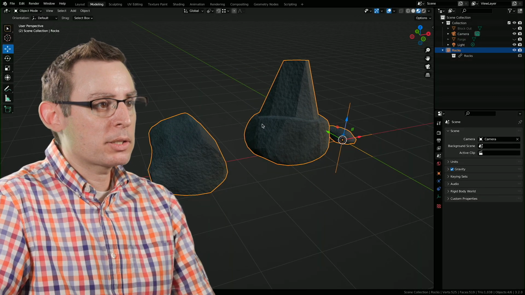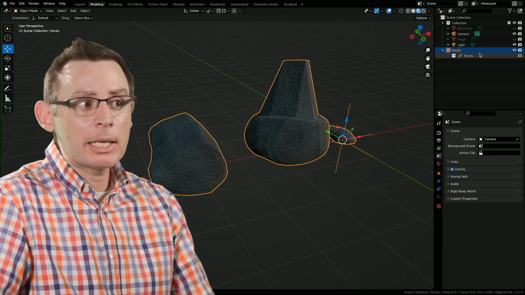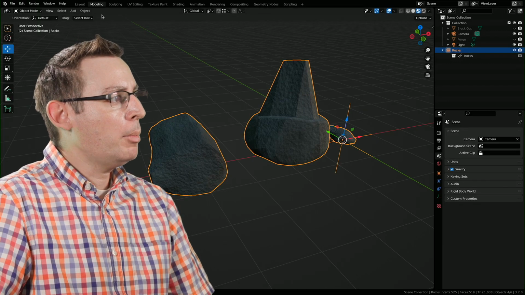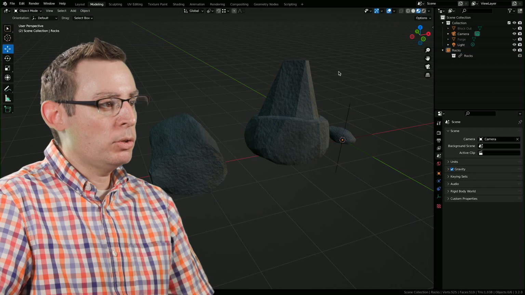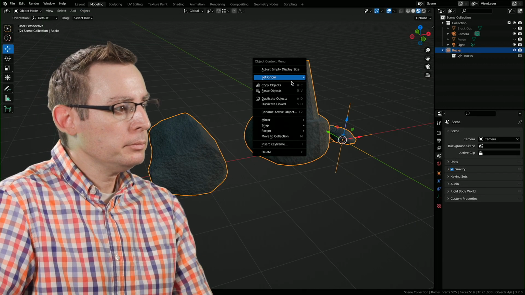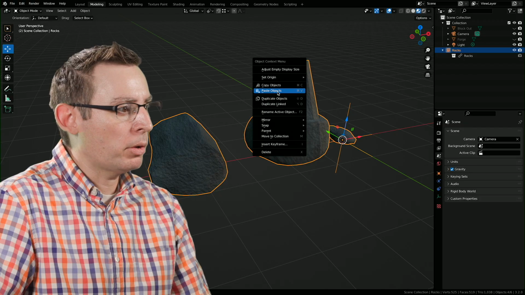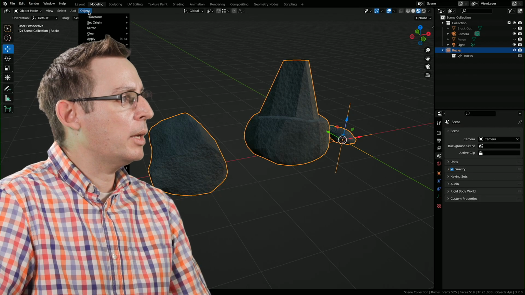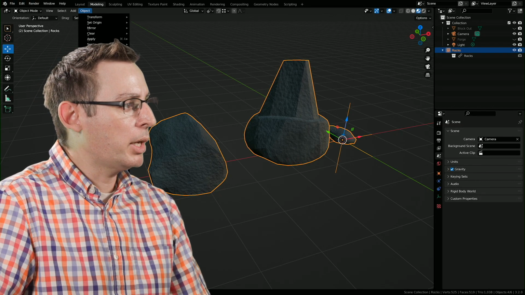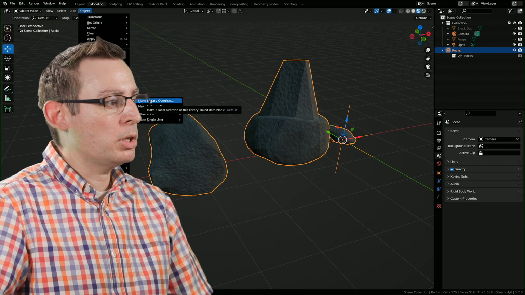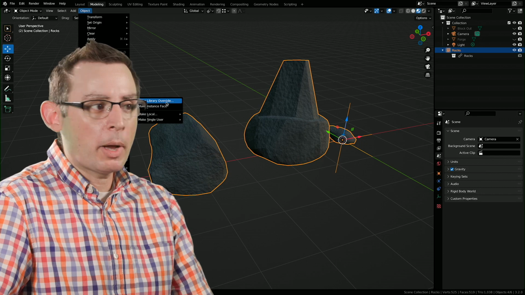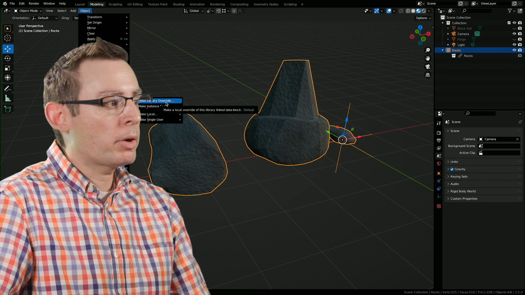With these objects selected, so the rocks linked objects selected in the outliner, I'm going to go into the object pull down menu at the top of the screen. You can also do this in the right click menu, by the way. Excuse me, I apologize. You can't do it in the right click menu. It's only in the object menu at the top of the screen. And we're going to go into relations. There are two in here that I want you to be a little bit mindful of. First, make library override.